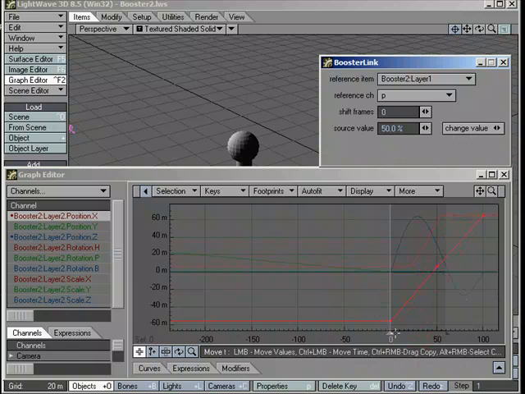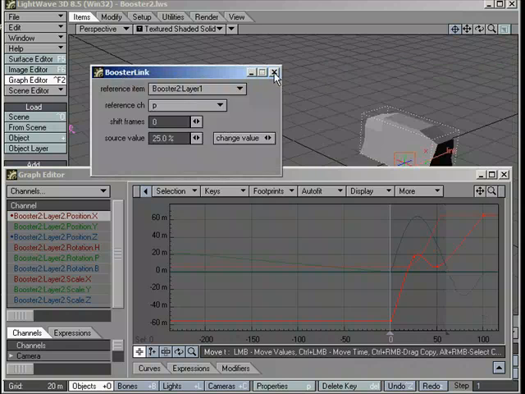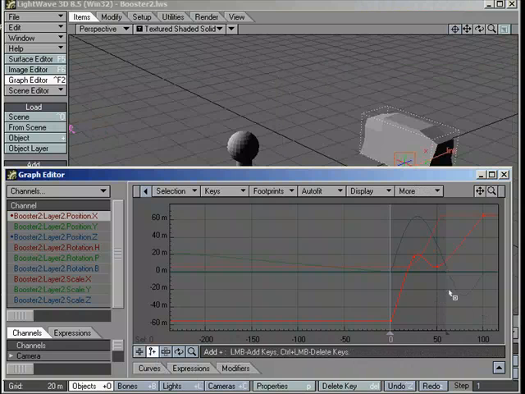So long as you know that the 0 is not frames and it's a minimum limit and 100 is not frames, maximum limit, this becomes pretty obvious what it does. There I am at 25% and I've added a key and changed the value. Now, the reason I say I don't like the BoosterLink panel is because you don't need it. There's no reason why you can't just add points in here as you normally would and edit them in the